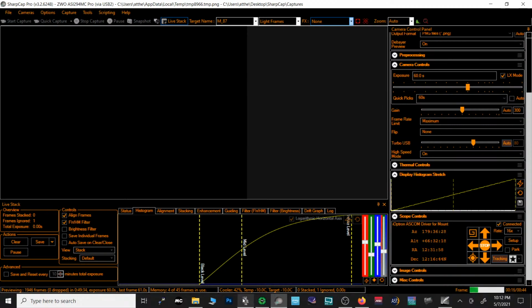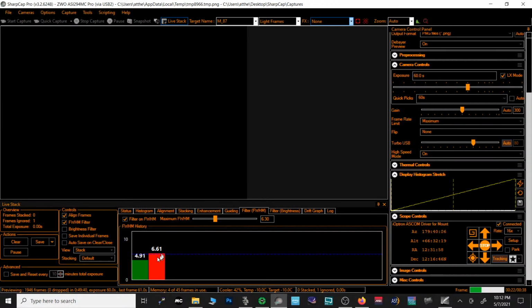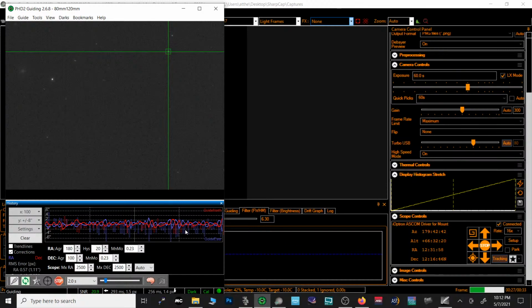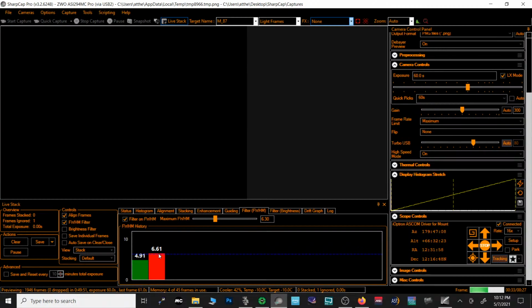All right, so we got one frame ignored. Let's see why. For our frame tolerance here, my guiding was a little bit bad, it said, so it didn't stack that frame. We're going to hope that was just a bounce or an anomaly. I have my threshold pretty low. You can set your threshold higher to have a higher tolerance for star movement, if you will. But we're going to give that a moment